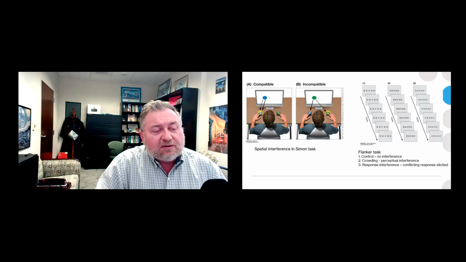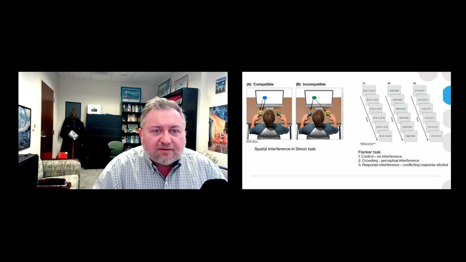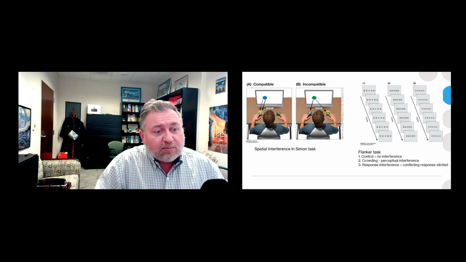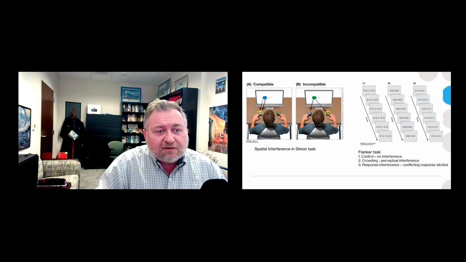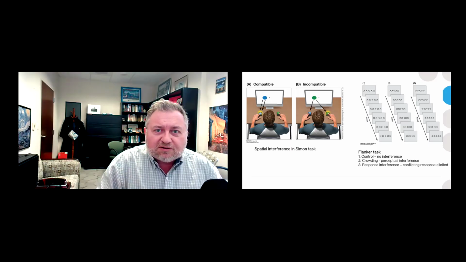But what happens is that the blue dot is always on the left side of the screen, the green dot is always on the right side of the screen, and meanwhile, the blue button is on my left hand and the green button is by my right hand. So all of this stuff aligns spatially very nicely, and my reaction time to either the blue or the green dot is pretty fast. But what if we switch them, right?